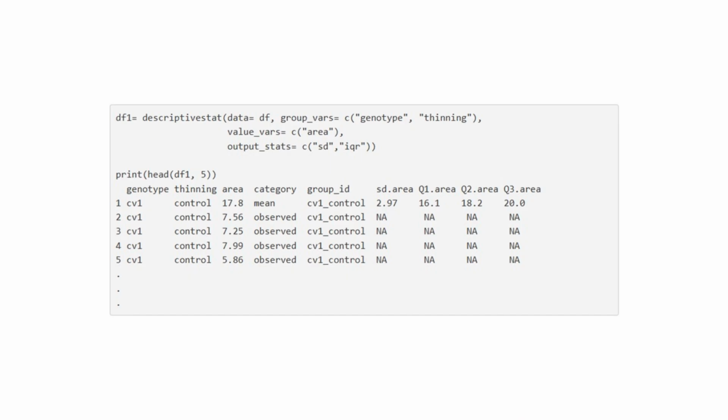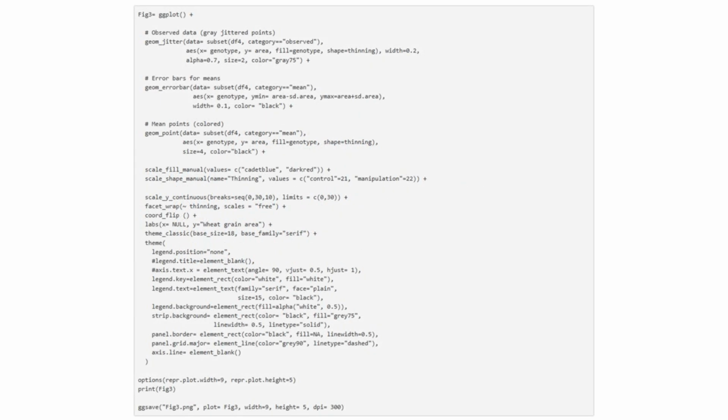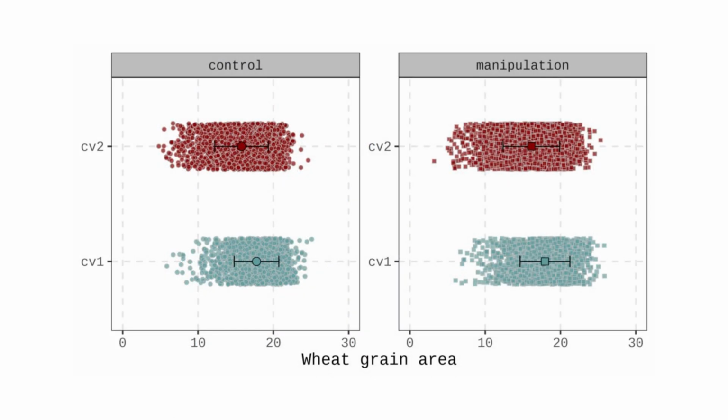First, I will output the standard deviation and interquartile range, known as IQR, for this dataset. This graph will help illustrate both individual variability and the overall trend in the data. Since the descriptivestat package appends the mean and other descriptive statistics to the raw dataset, we can easily use